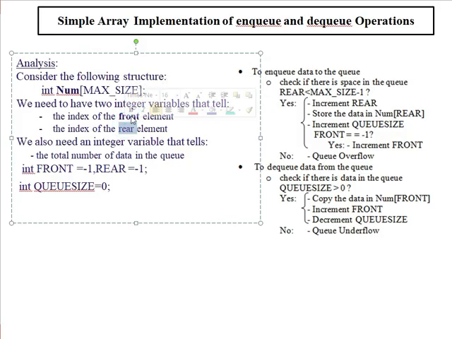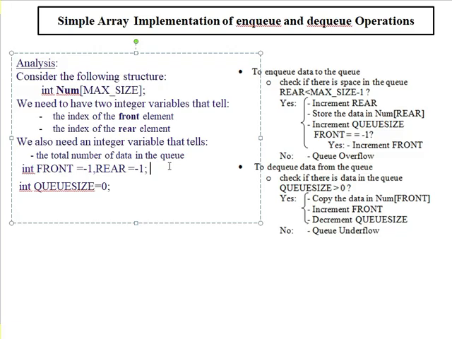The front index and rear index are used to access the elements from the front during the removal, and to access the slots for adding the elements into the queue